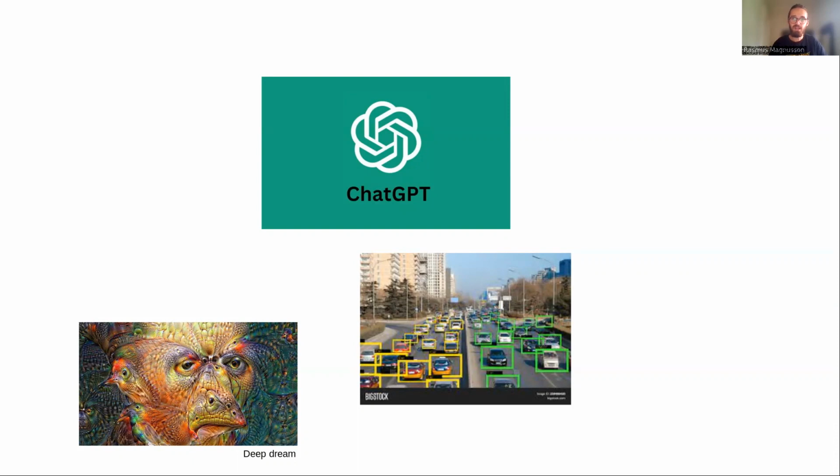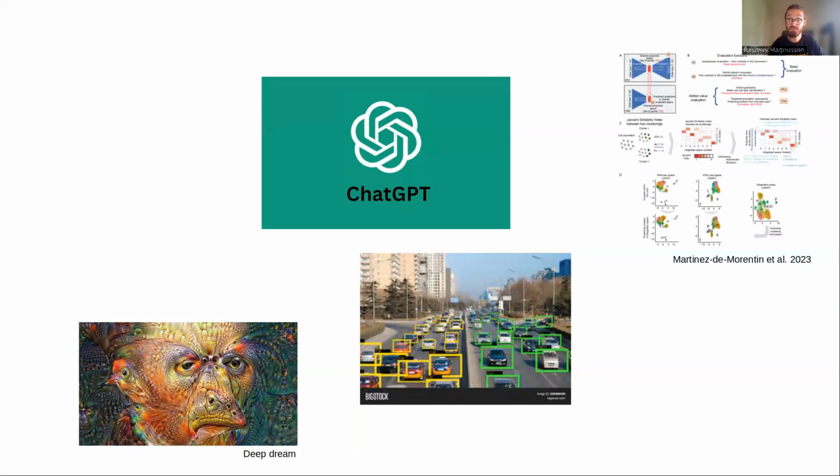This approach where you can generate very, very complex patterns using different kinds of neural networks.